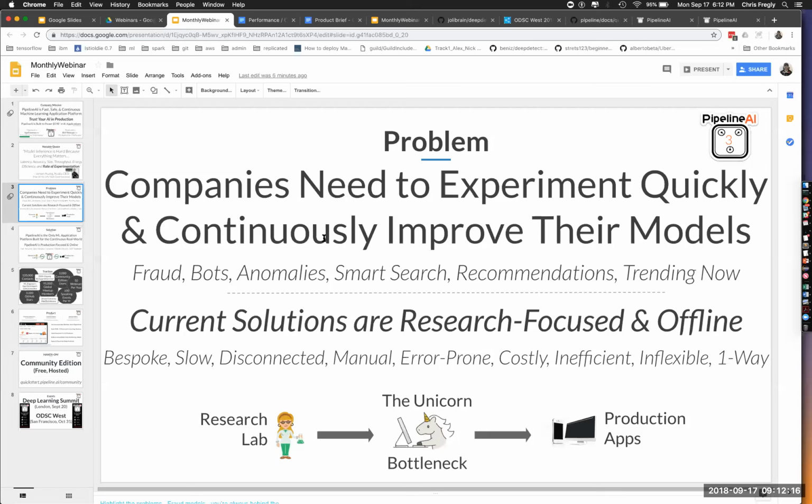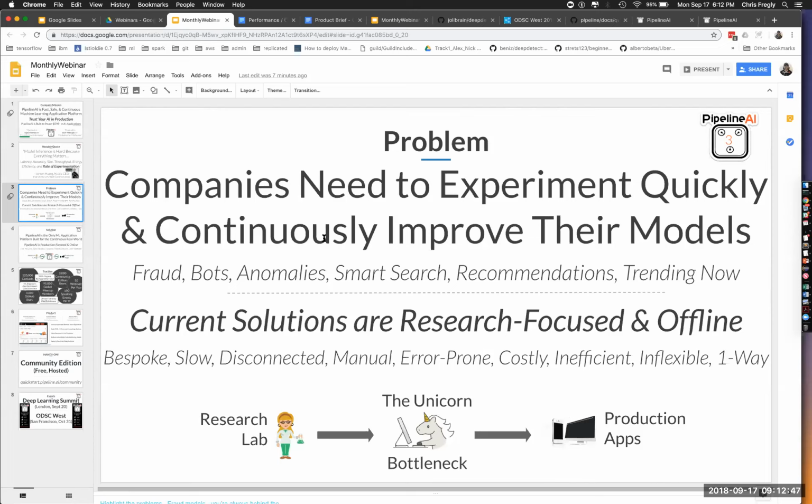So pretty much all solutions to date are research-focused machine learning solutions. This is unfortunate. It's a crowded space, and there's not a lot of folks focusing on production-level engineering for machine learning. It's really the powerhouses like Facebook and Google, like Netflix, that are doing this real-time engineering with their AI.